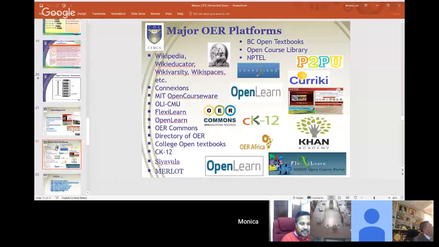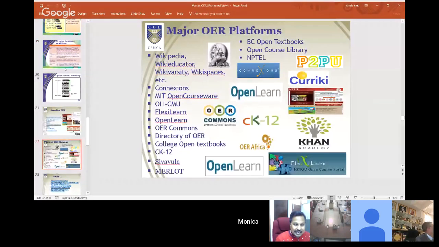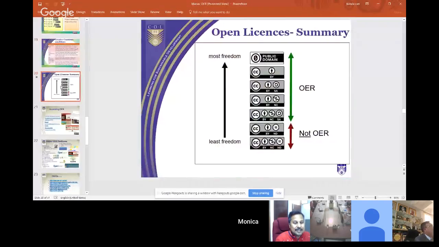If we see this icon, it shows CC BY SA. See, a small icon is there. CC BY SA. You are saying that BY and SA both look the same. You see, CC BY. If I compare these two slides, CC BY and CC BY SA, SA is share alike. A very simple example. For example,